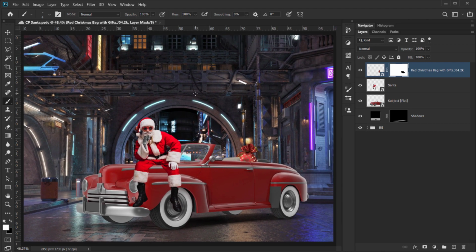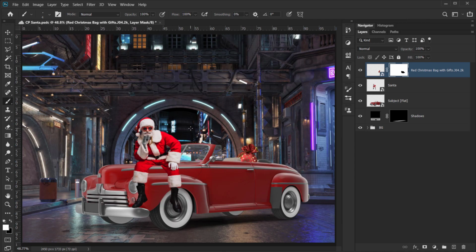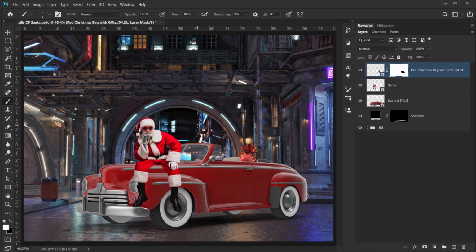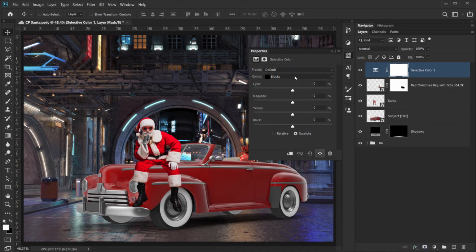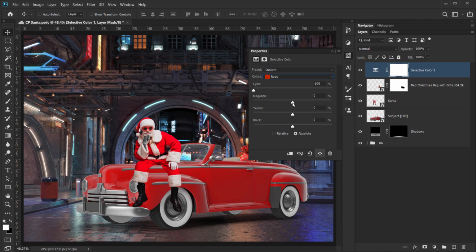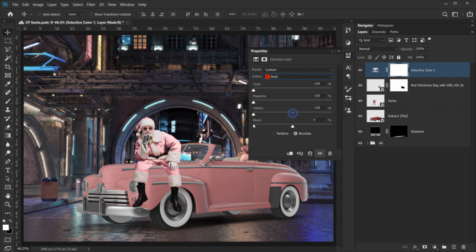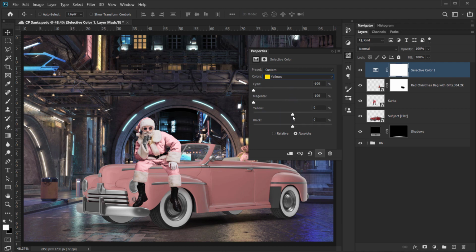To do that, there are lots of ways, but I like to use the selective color to create a saturation map. So I would open a selective color in the adjustment, and to create a saturation map, make sure that you use absolute, and then go to the colors and put minus 100% to all of them. So the red, everything in the red should be minus 100%, and everything in the yellow, so basically all the